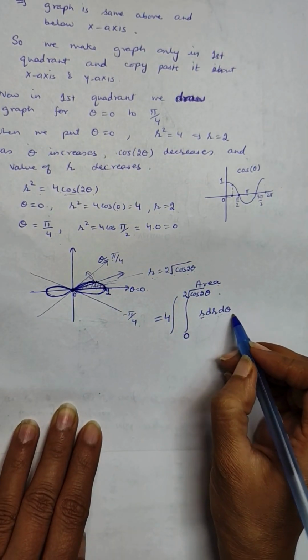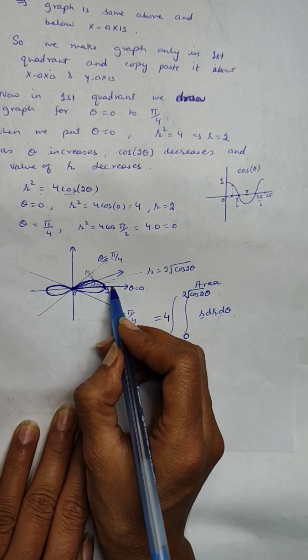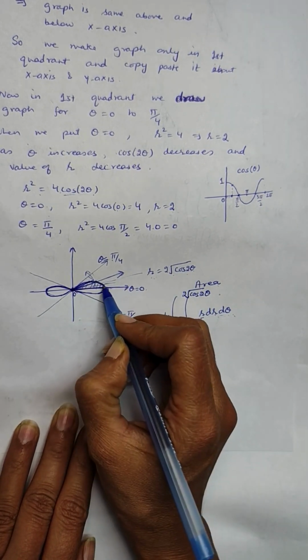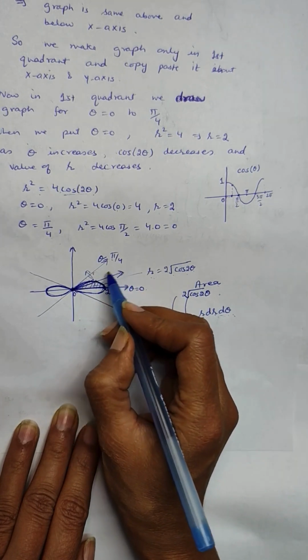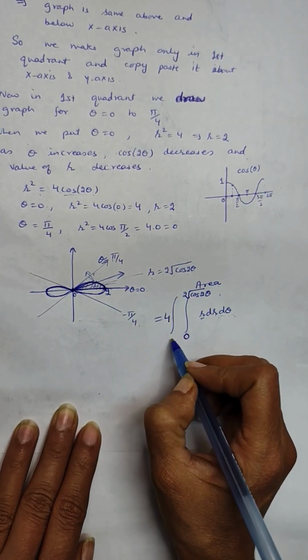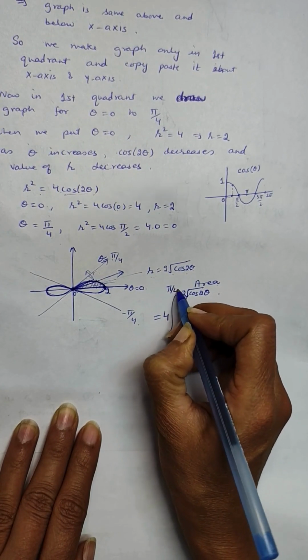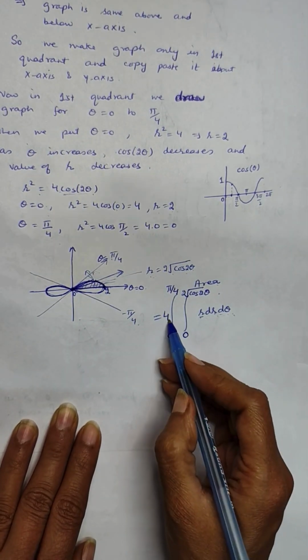Now what about the limits of theta? Theta is going to change from 0 along this x-axis to pi by 4 along this ray. So the limits of theta are 0 to pi by 4. And then we multiply this area by 4 to find the